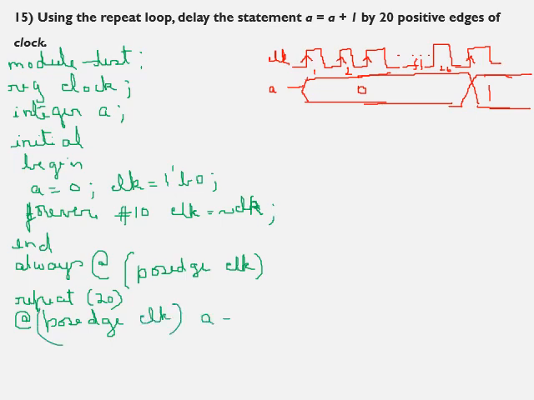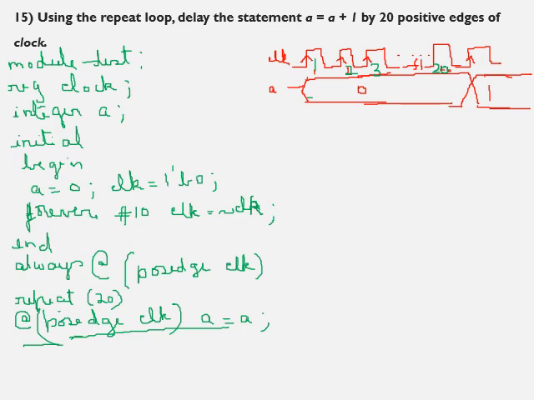a equal to a. Meaning, till the number of clock pulses is 20, that is 1, 2, 3 up to 20, a should remain the same as the previous value, that is, it is 0 only initially. So a equal to a. Inside this loop only one statement is there. This is the loop, repeat 20 times. What do you have to repeat? This line you have to repeat, that is, every positive edge of the clock, a equal to a.